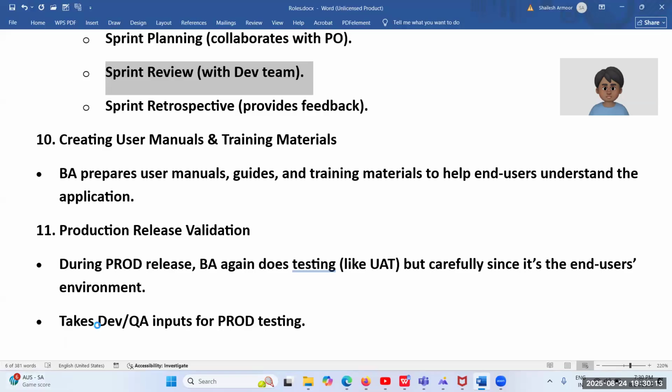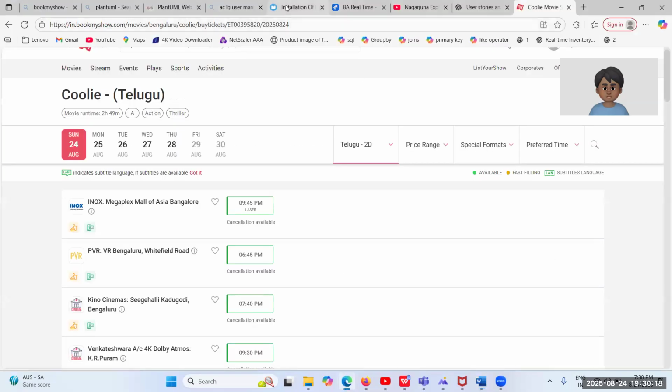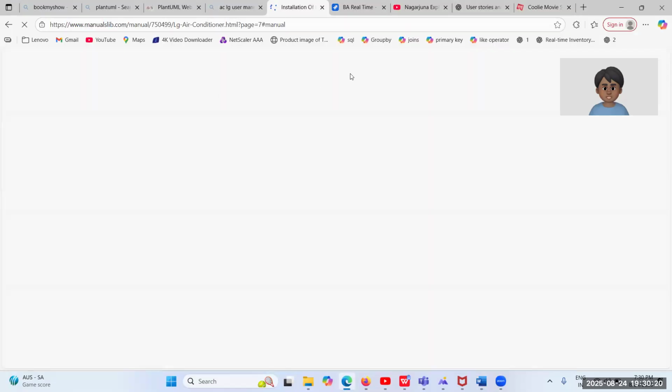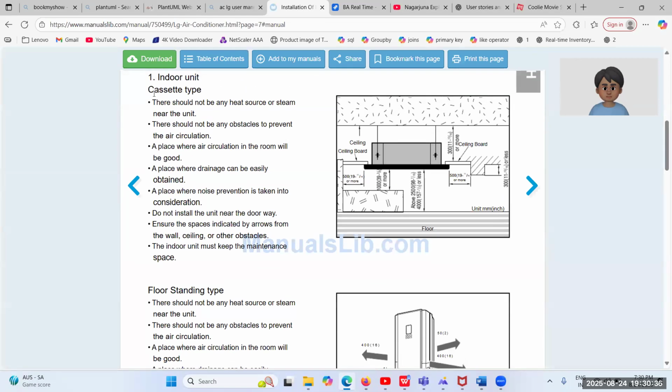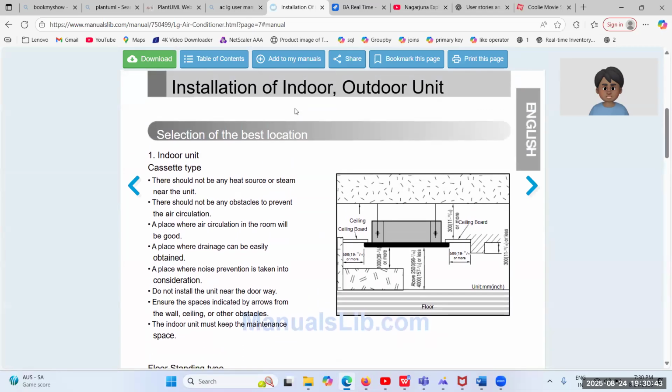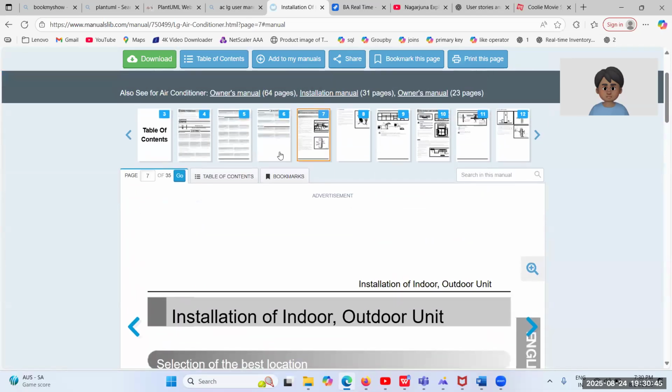Okay, so for example, let me show you an LG AC. When an LG AC is purchased, every company will usually provide you the user manual booklet or guide. So this is how a business analyst needs to capture the screenshots and define the steps on how to use your application. For example, this is the user manual for